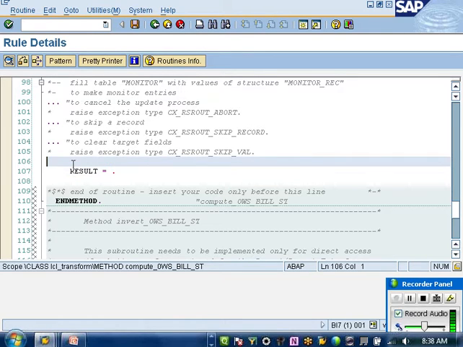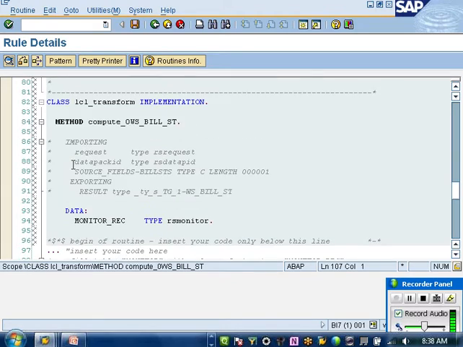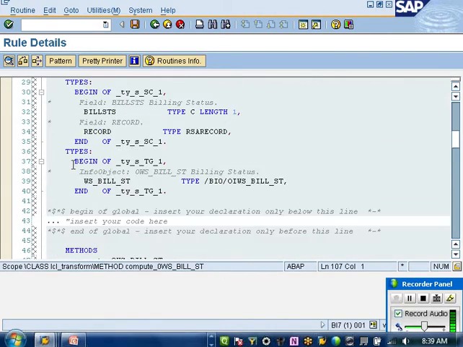Now, assume you're writing a routine in 3.x, how do you write it? You refer to the field from the communication structure. But now, in 7, I am referring to the field from the source object, the source field. So now if you go to the top, by default you will have something called source underscore fields.